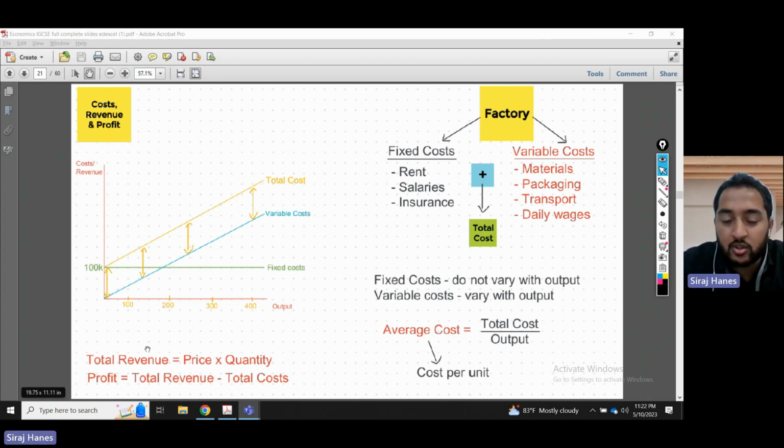How do you find profit though? Profit, you take your total revenue. You sold all the brownies, you have $100. Your cost, you take your total cost after adding all this cost, your cost is $70. So total revenue minus total cost, that is 100 minus 70, you get $30. This is profit. Cost, revenue, and profit.